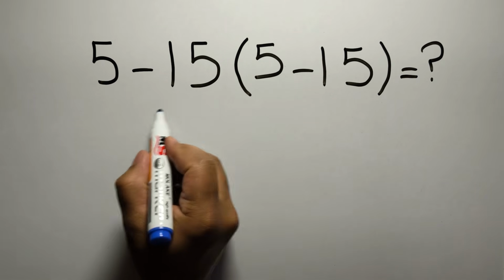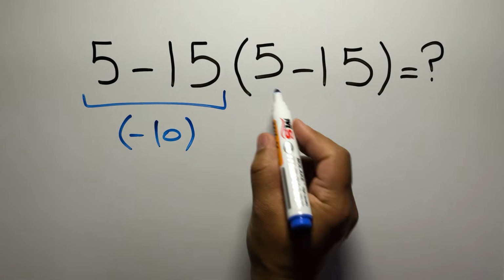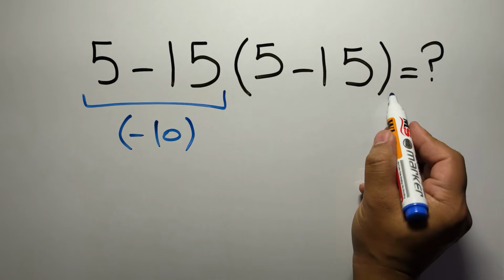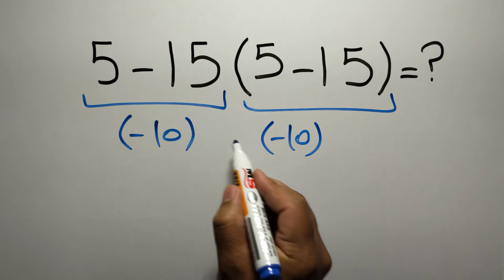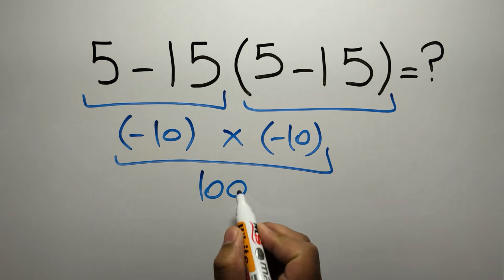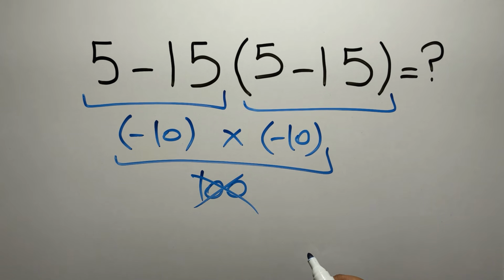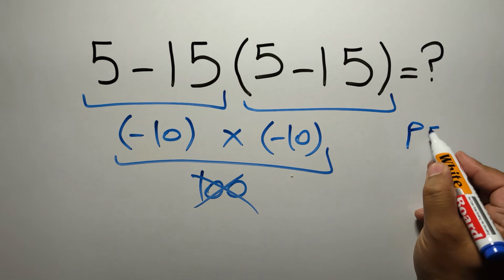5 minus 15 gives us negative 10. And again here we have 5 minus 15. So negative 10 times negative 10, which equals 100. But this answer is not correct, because according to the order of operations, first we have to do parentheses, then